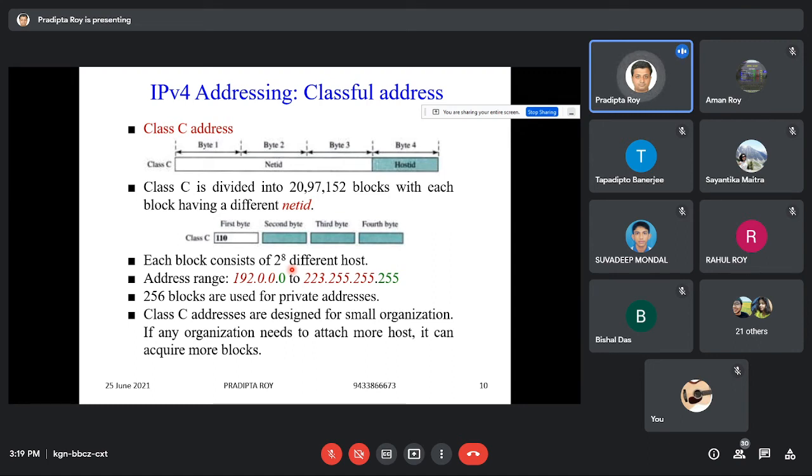But if any organization requires more than 256 nodes, then what will that organization do? That organization should use 2 different networks. Okay, so more than 256 machines cannot be accommodated in one network. So in that case, the organization will use 2 adjacent network addresses to accommodate all the nodes. Okay, কারণ এক একটা নেটওয়ার্কে 256 এর বেশি নোড তুমি অ্যাকোমোডেট করতে পারছো